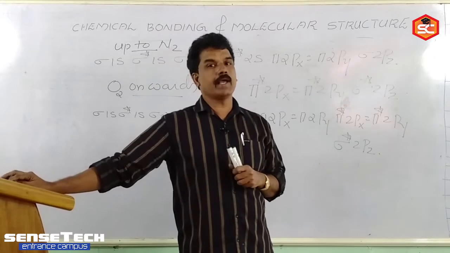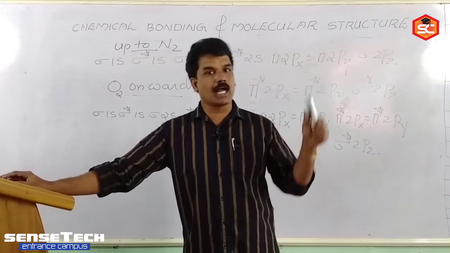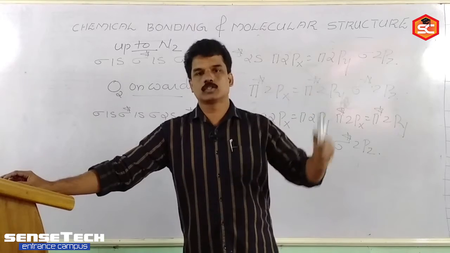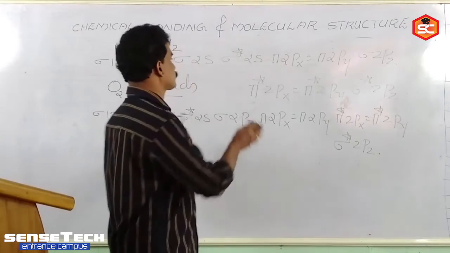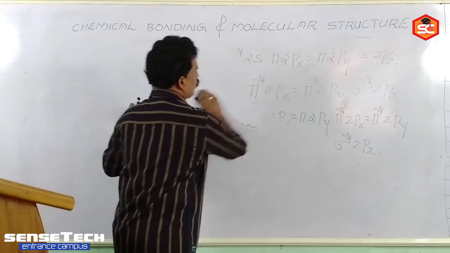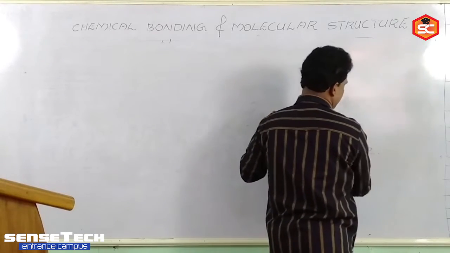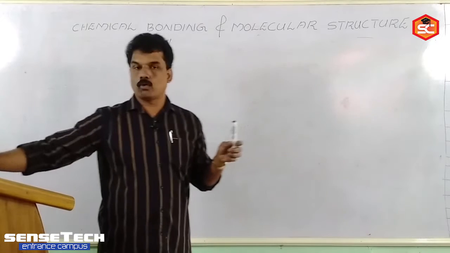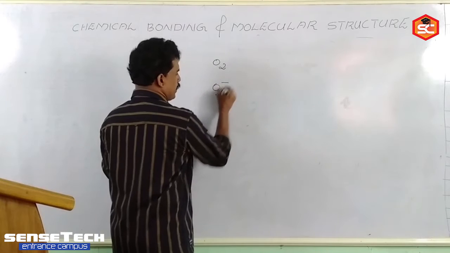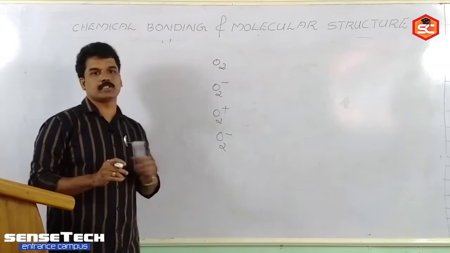Okay, and NB and NA, we are calculating everything on the basis of the NB value and NA value. If NB is always greater than NA, then the molecule is stable. As the NB value increases, the stability of the species keeps increasing. And when you are arranging a molecule in the molecular orbitals, if there is an unpaired electron in any molecule, then the molecule becomes paramagnetic in nature. Suppose you are given species like O2, O2 minus, O2 plus, O2 2 minus. They are asking, among these species, which one is